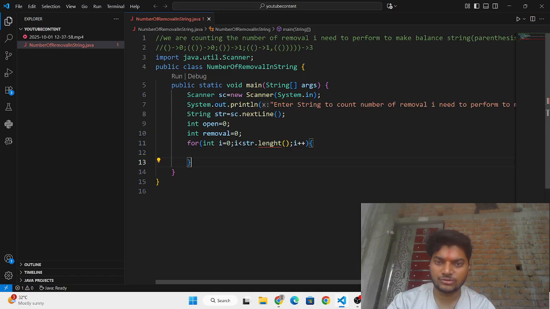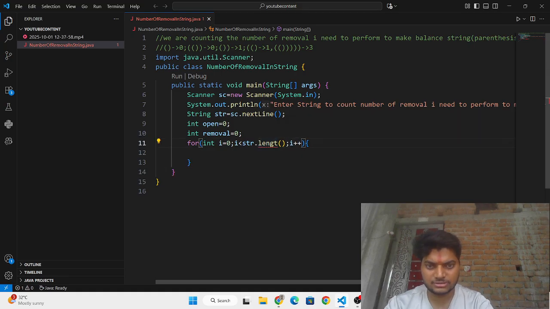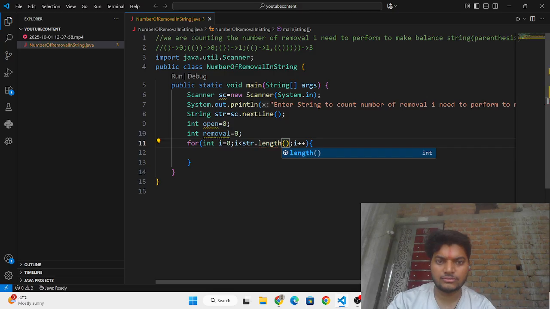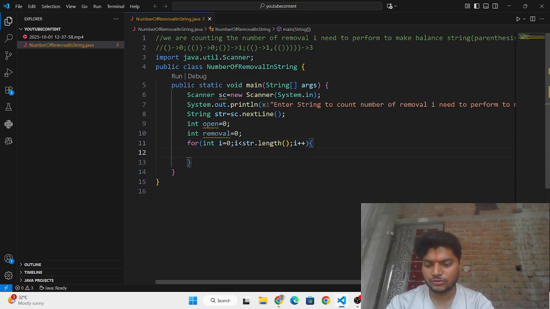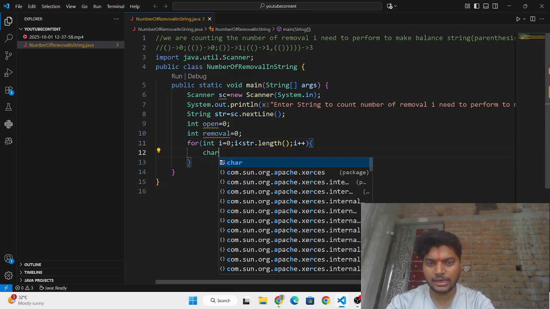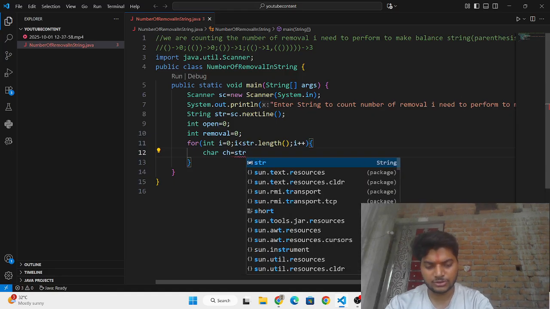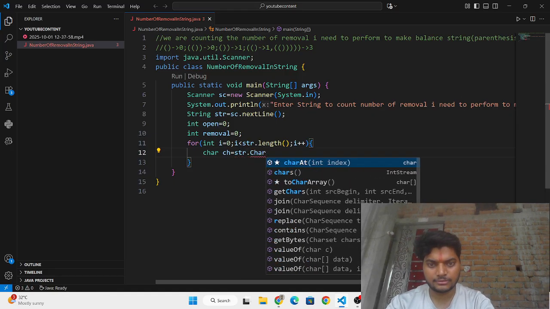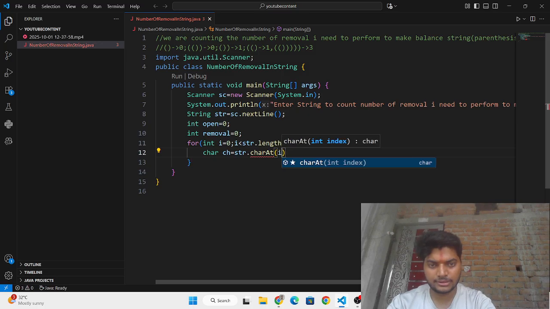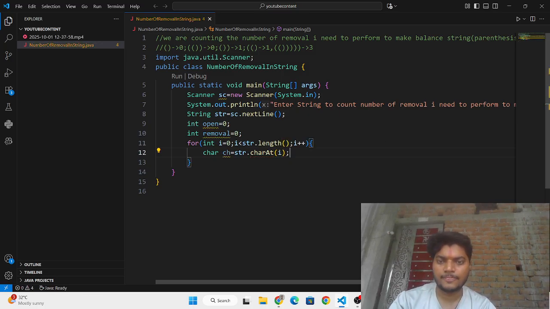So that's why we need to write str dot length. Now I am going to take char ch equal to str dot charAt i.